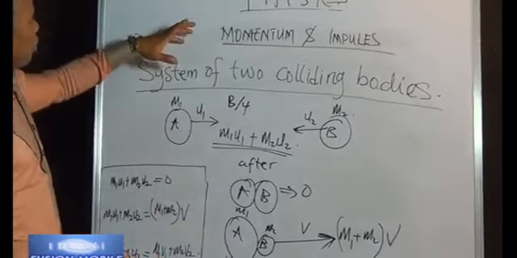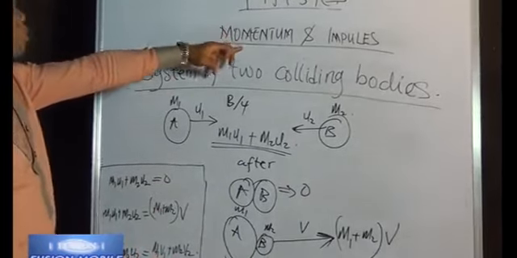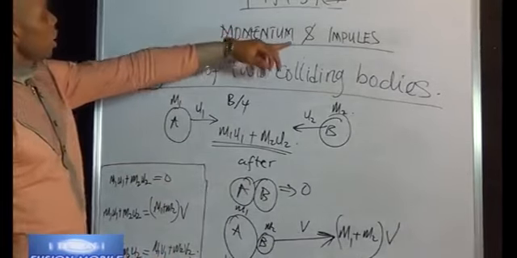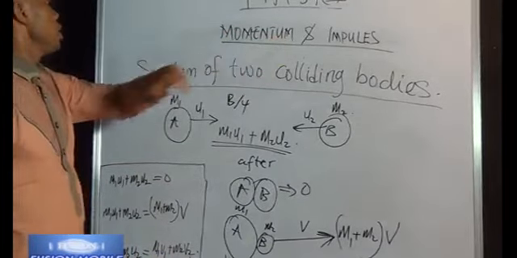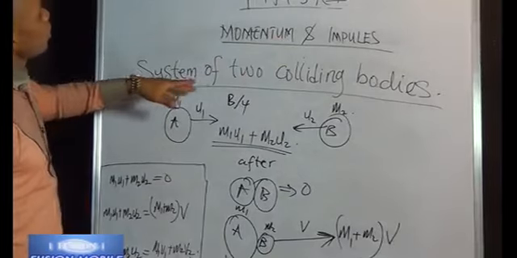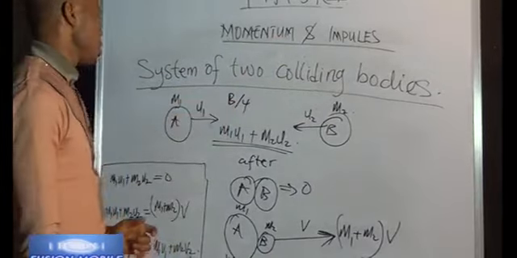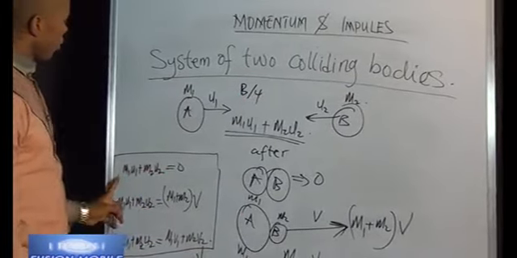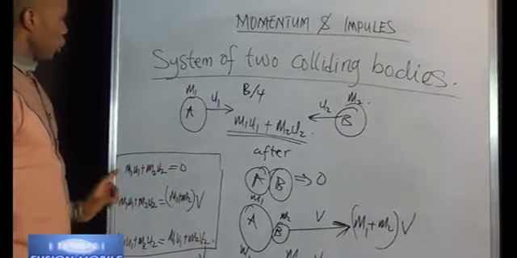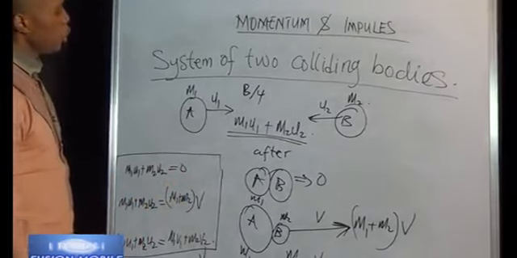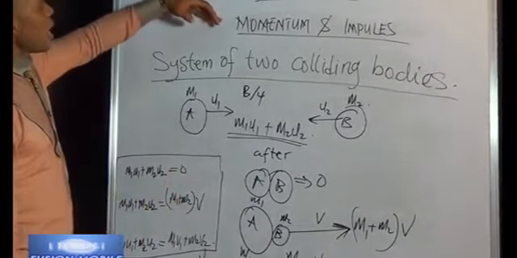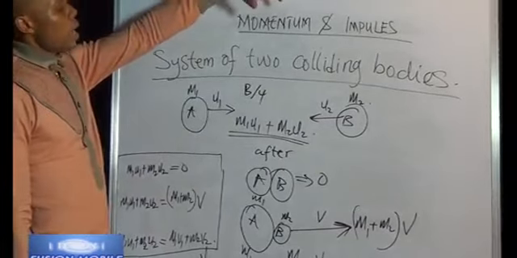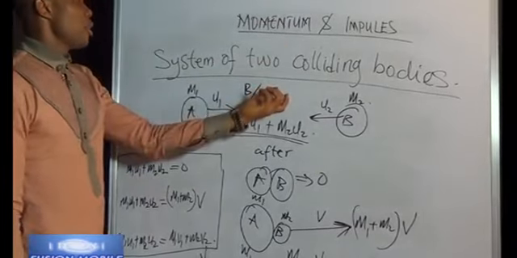Now, having considered the definition of momentum and impulse, showing how impulse is equal to the change in momentum, and discussed a system of two colliding bodies, showing the diagrams with the formulas, we have the first equation, the second equation, and the third equation. These are the basic things you need to know for linear momentum and impulse for any examination.